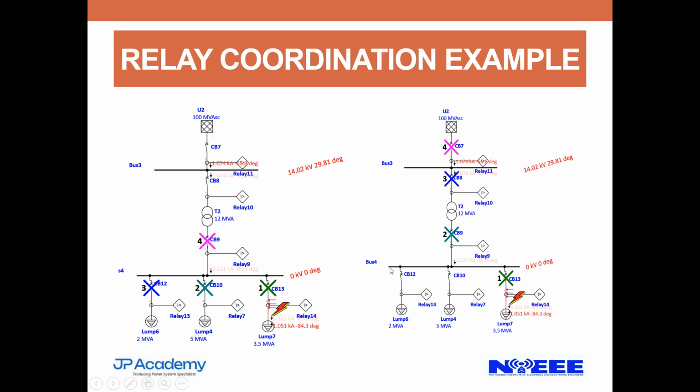Now, someone asked a question. He said, we are saying that if there is a fault here, he's taking this guy out of service. If we are saying this is correct, which is against our objectives, our principles when we come into power system protection. So what he was saying is, a fault at this point should be tripped only by this relay 14. This is the only point of operation we should have in order to prevent selectivity loss.